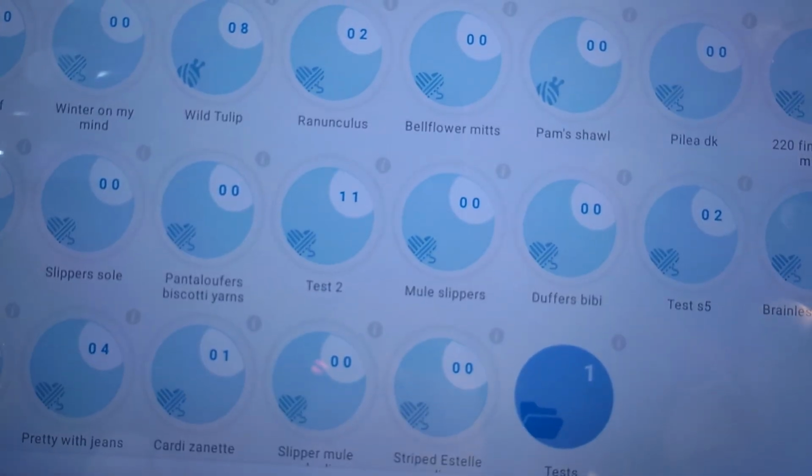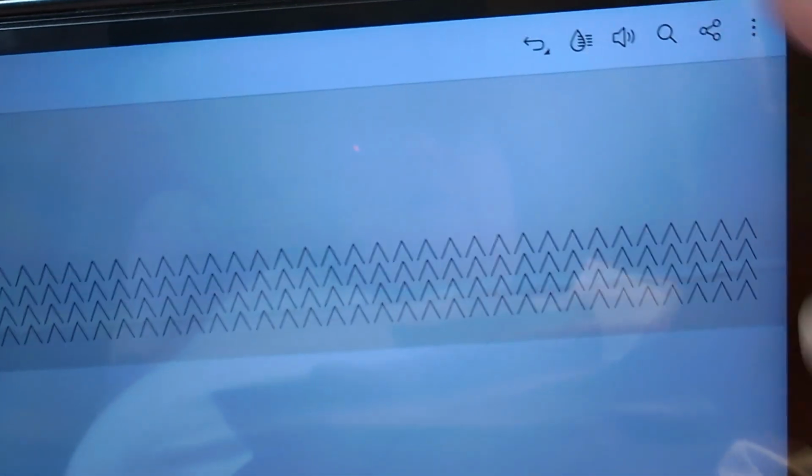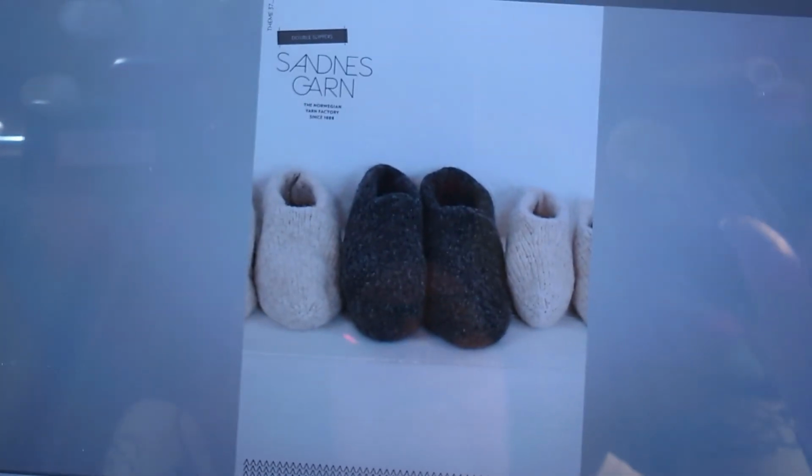So let's say I do want to actually bring it into Knit Companion. I go back to my original Adobe, and I'll go back to the top here. Sorry. I want to share it. Save a copy. And this time we're bringing it into the Knit Companion. It might take a minute to open because Knit Companion, for some reason, for me is always, okay, today it's